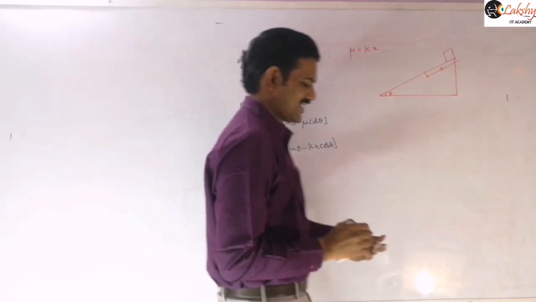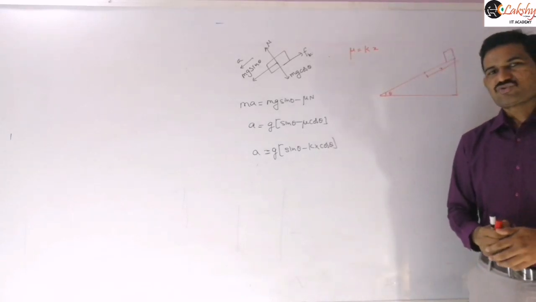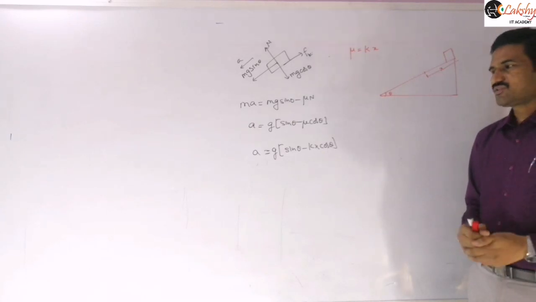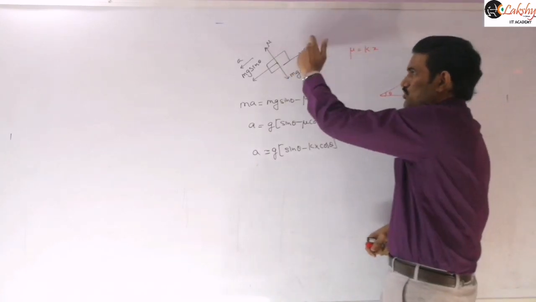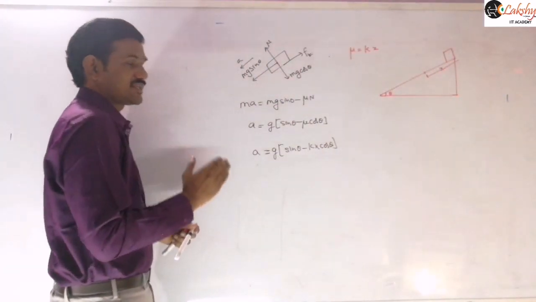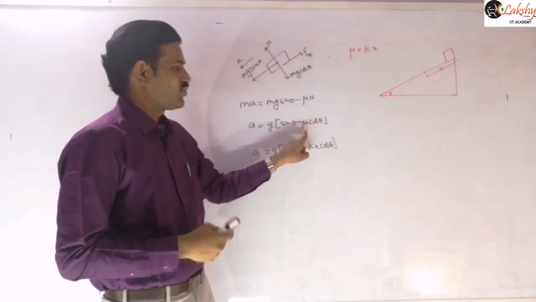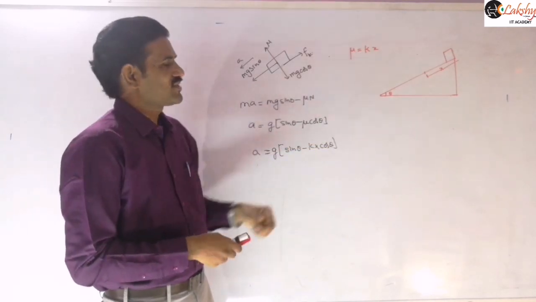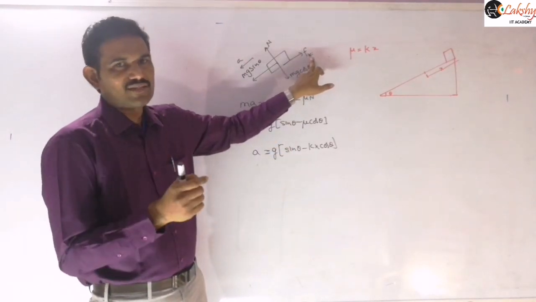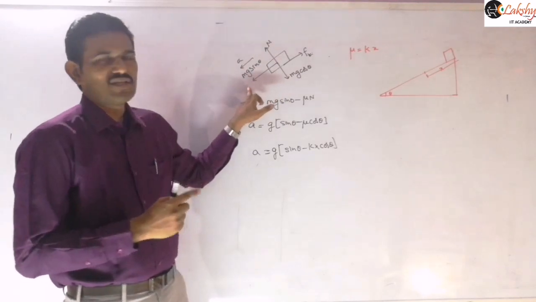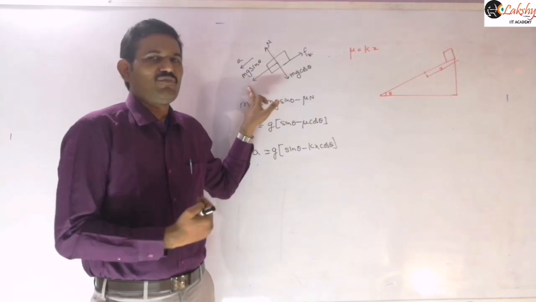And we know when velocity is maximum, the differentiation of that velocity should be equal to 0. That means the acceleration should be equal to 0 here. The body must be in equilibrium. You can balance these two forces here. Velocity is maximum at that instant. Once the block is coming down, the mu value goes on increasing because the x value goes on increasing, and so the frictional force goes on increasing. So at a particular state there will be a situation where mg sin theta is equal to the frictional force. At that instant net force is 0, and so acceleration is 0, and velocity will become maximum.